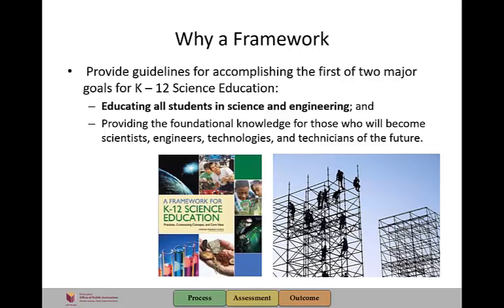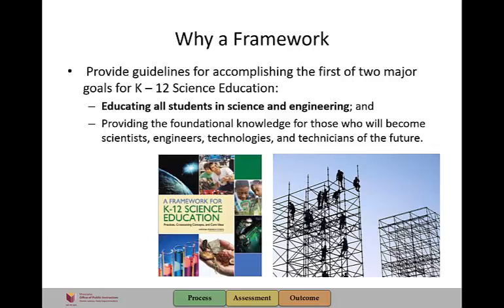So why would I include the second one if the focus of the framework is the first? Mostly because this is a key issue in understanding standards and a framework like this in general. This framework is for all students. This is what everyone should know to be scientifically literate. The framework is designed to help realize a vision for education in the sciences and engineering in which students over multiple years of school actively engage in scientific and engineering practices, apply cross-cutting concepts to deepen their understanding of core